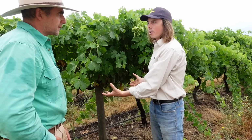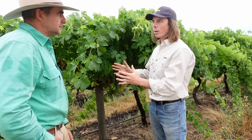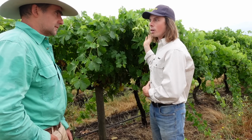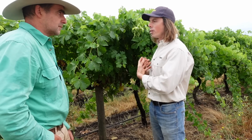Is that correct? Yeah, so the nitrogen obviously is there for the vine health, but really we want to have a more holistic, well-rounded approach that really focuses on the whole soil health. And so nitrogen's getting really expensive now too. And nitrogen is getting really expensive. So that's where, if we have our cover cropping species with the medics and clovers that fix nitrogen into the soil, and then we're following through with